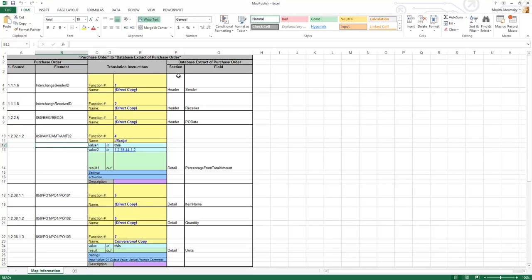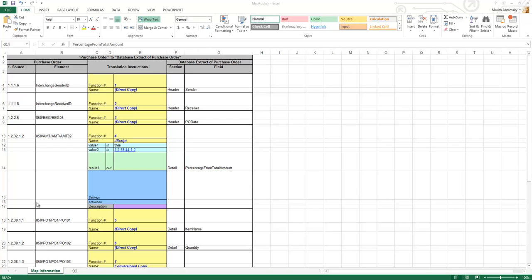So I chose that. On the right side, we have the section where this data goes to, like header or detail, and the exact field which is being mapped. So we have this map. In the middle section, we have either direct copy, which means just a straight link, or something more complex like JavaScript. It shows where the inbound data came from, and this is clickable. You can navigate to that place. The output goes to this detail. You can see some settings. If we expand that,